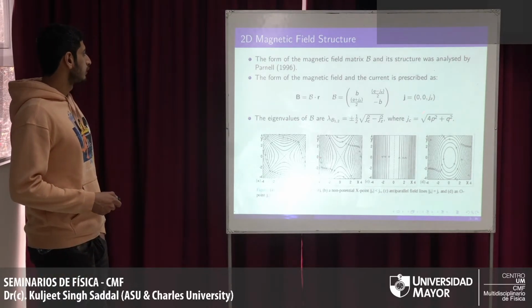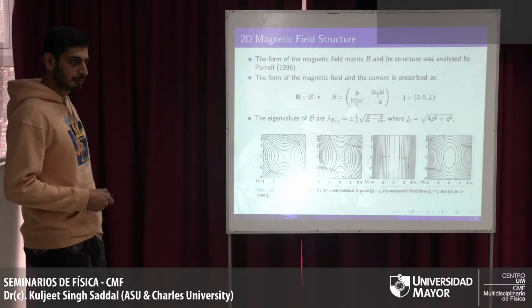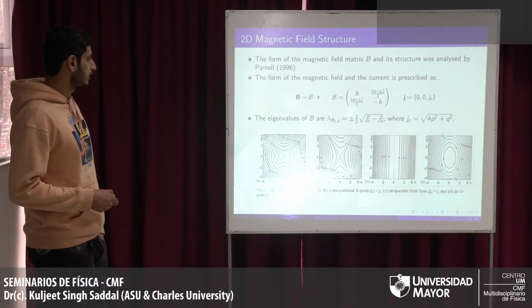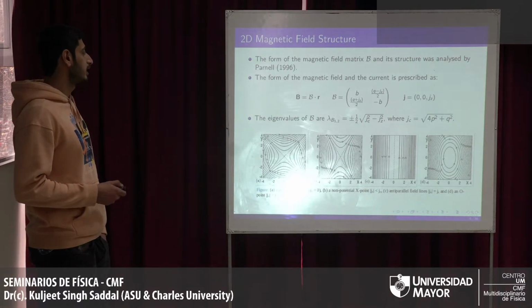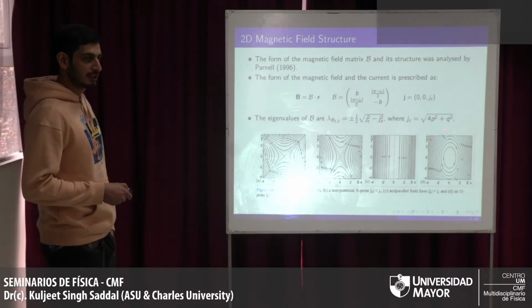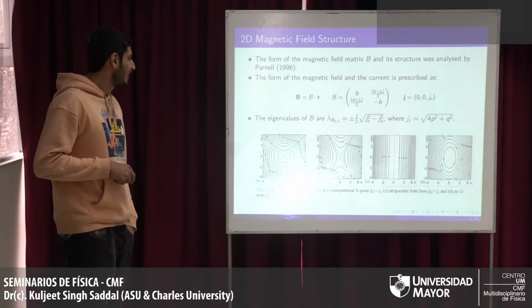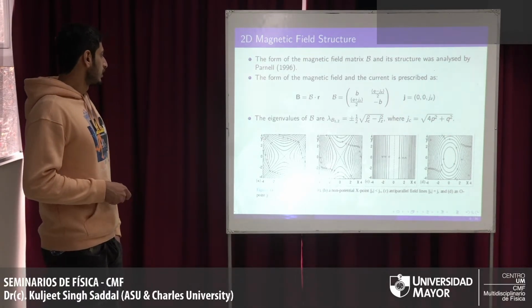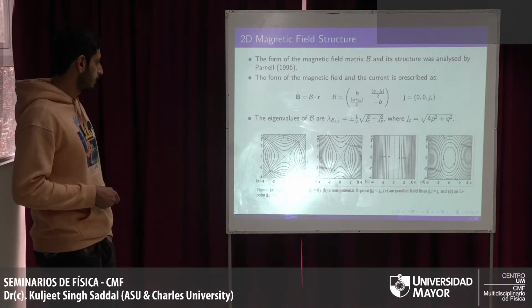Okay, so to find the structure of B, we first need to calculate the eigenvalues of B, and they take this simplified form where Jc, the threshold current, can be defined in terms of the potential form. Sorry, this is for B square plus Q square. In the paper they use P and I use B, so there is some confusion. So now we can see that when the threshold is greater than the Jz value, we have X points